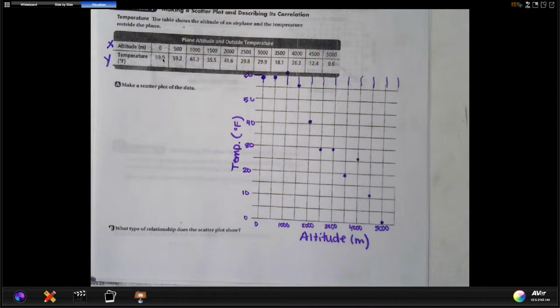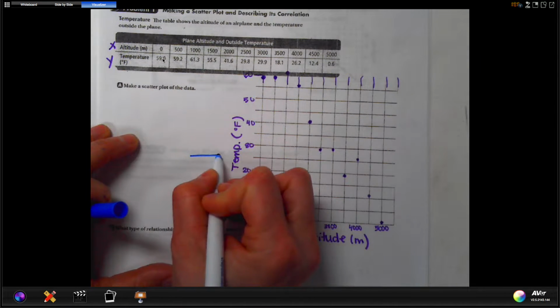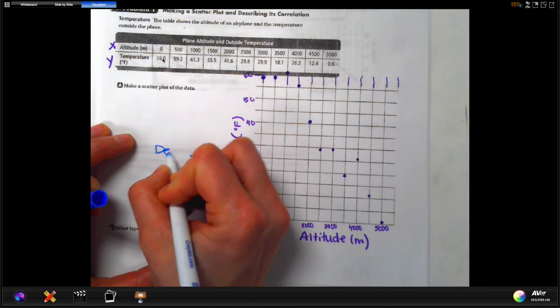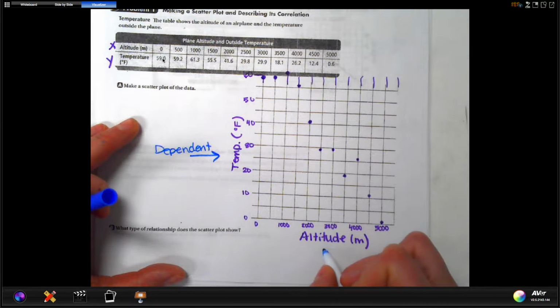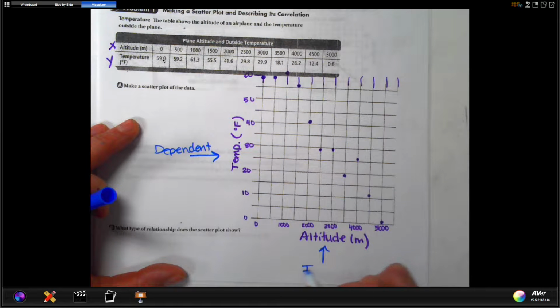The only other thing that a scatter plot needs is a title, okay? So you need to label your independent and dependent variables. So maybe we ought to write that in. This is your dependent, always dependent, because this is our notes. And this is called independent. And then the title